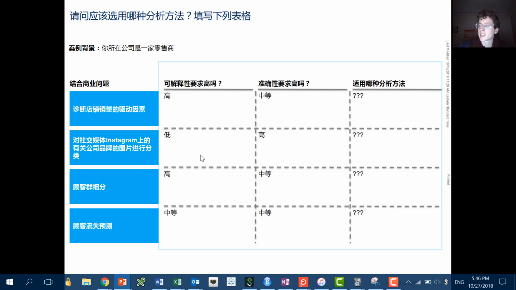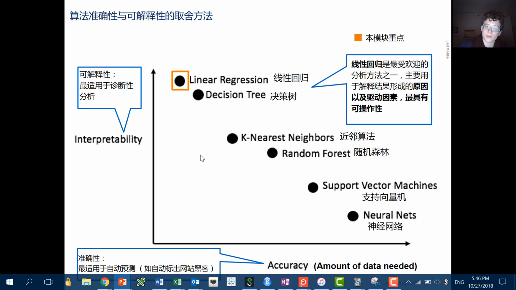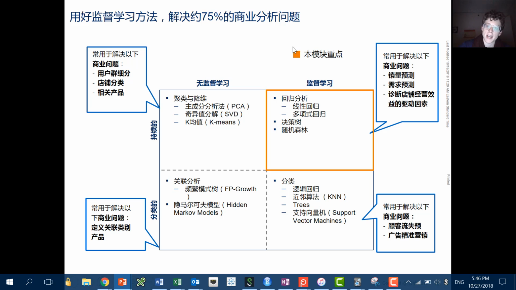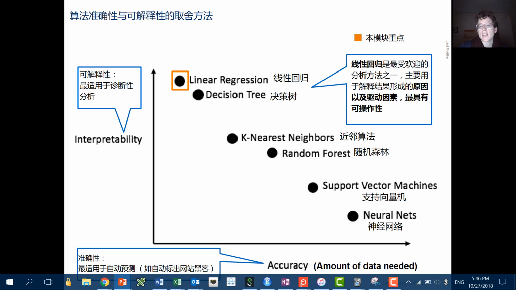Finally, predicting whether or not a customer will churn. Again, let's go back one final time. This is a prediction, so we're on this side. Churn is an A-B, it's categorical, so we'll be over here. So we're going to be in this quadrant right here. And in this case, you could choose a variety of different techniques. Frankly, this might be something I would use a random forest for if it doesn't need to be too interpretable.